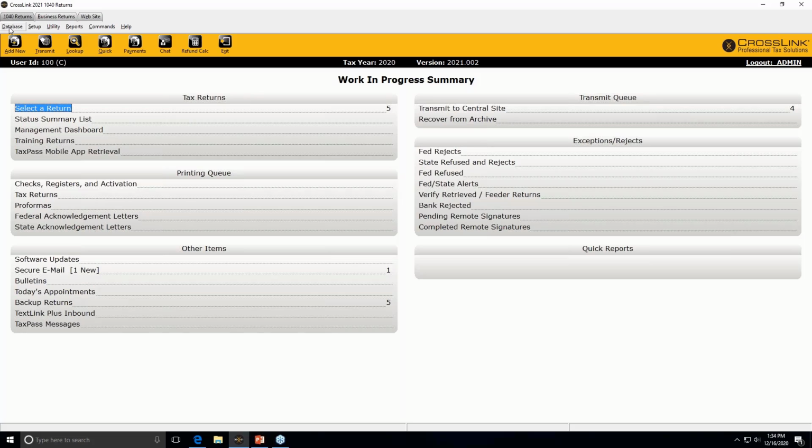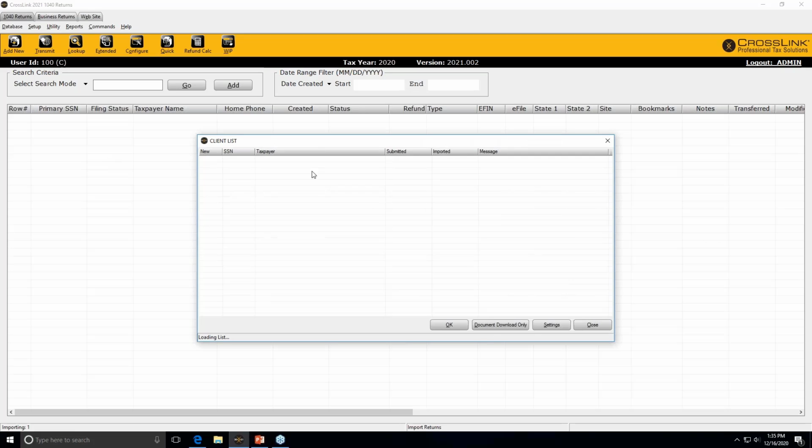While we're here, since you've got this up already, folks, and Priscilla can maybe highlight where it is, this is also where, when you have one of your customers submit a return from TaxPass, you would be notified that you have a return available. Okay, you can see she's highlighting the TaxPass Mobile App retrieval in that first box in the upper left corner. That would have a list of people that have submitted their returns via